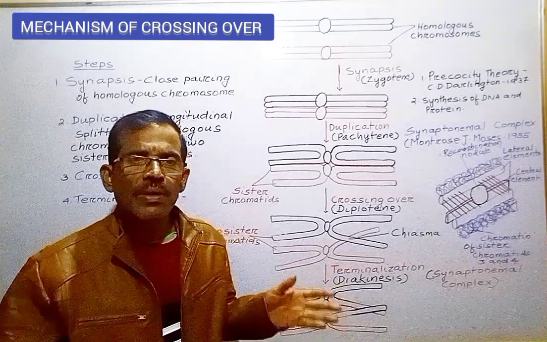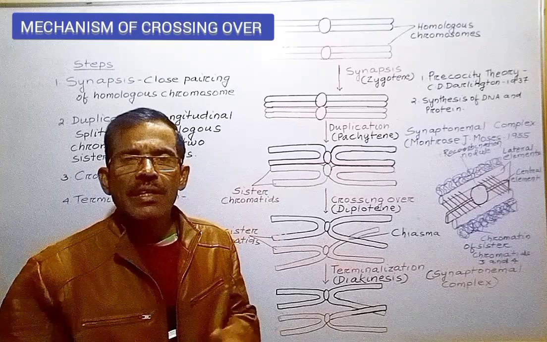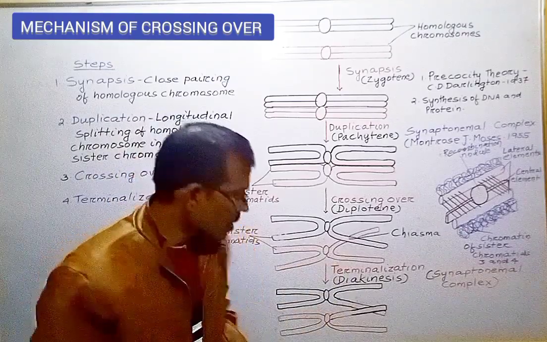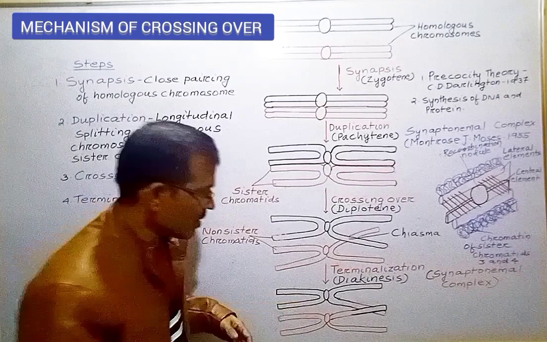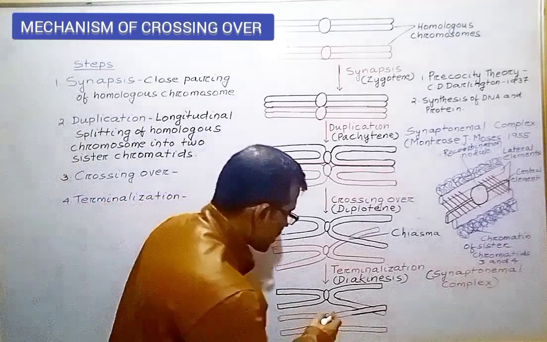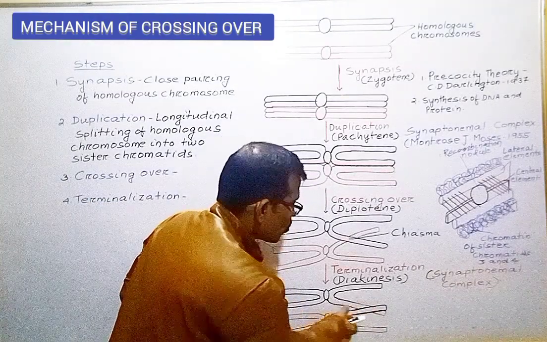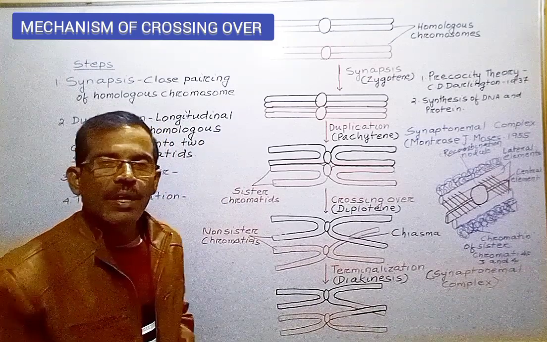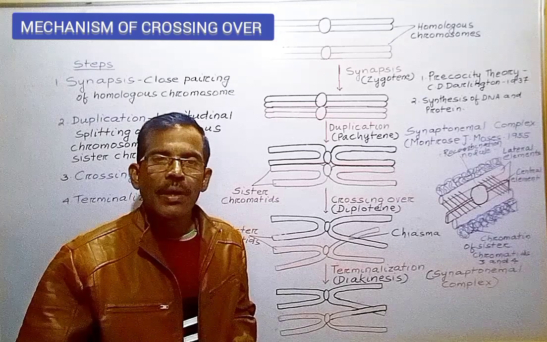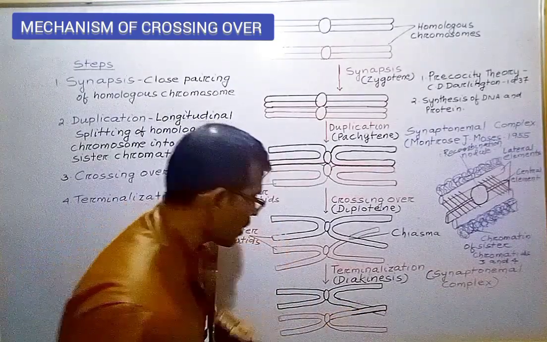Last step of crossing over is terminalization, which occurs during diakinesis. After crossing over, the non-sister chromatids start repelling each other. The separation of non-sister chromatids starts at the centromere, then proceeds toward both the ends. In doing so, the chiasma also moves in a zipper-like fashion. This movement of chiasma toward the chromosomal ends is known as terminalization. Simultaneously, the chromatids condense and shorten, and during diakinesis, the homologous chromosomes are separated from each other except at